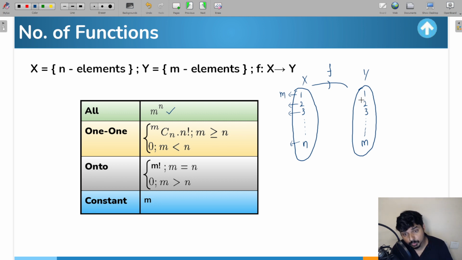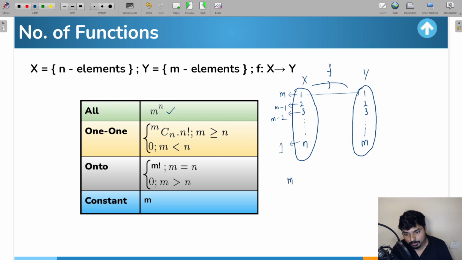Now for 2 there are going to be m minus 1 choices, because let us say 1 is getting related to 1, then 2 can't get related to 1, because for a one-one function, as I told you, no two elements should have the same image. So now 2 will have m minus 1 choices, 3 will have m minus 2 choices, and finally n will have